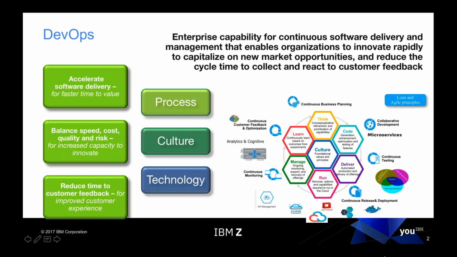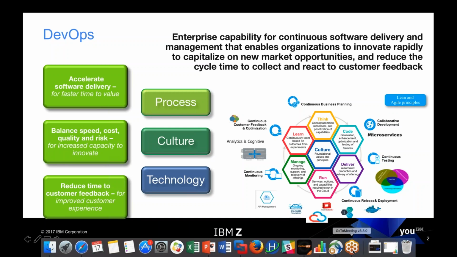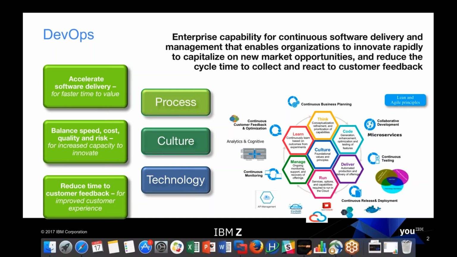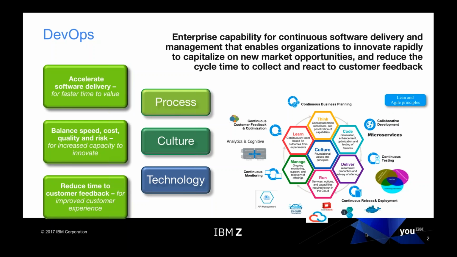I wouldn't be Rosalind if I didn't start with a slide on DevOps. And really, there's a good reason for this. DevOps is the transformation that's going on in our industry that allows us to take advantage of this digital economy. We need to be able to move at a speed that is significantly faster. We need to be able to work together across the organization to provide the business value. And in order to do that, we really have to change the culture. We have to change the processes and practices, and there's a set of technology that can be used to help facilitate this.